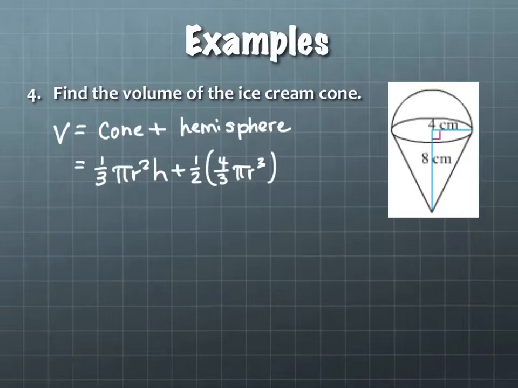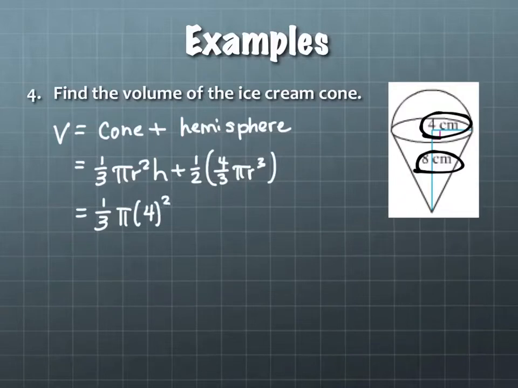So we have some numbers given to us. We are told the radius of our cone. We are told the height of our cone. And I think that's all the information we need for either of those volume formulas. So we have our 1/3 pi. The radius is 4, so it's 4 squared, and then our height is 8, plus,